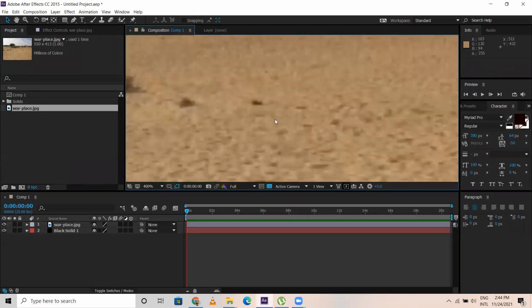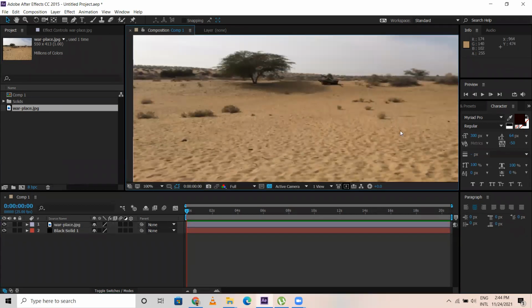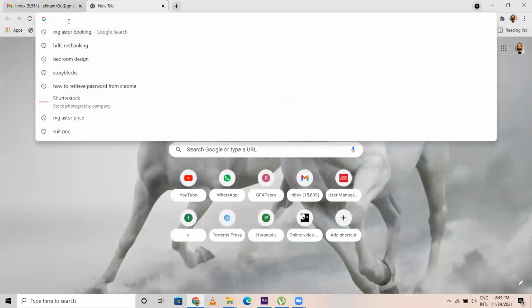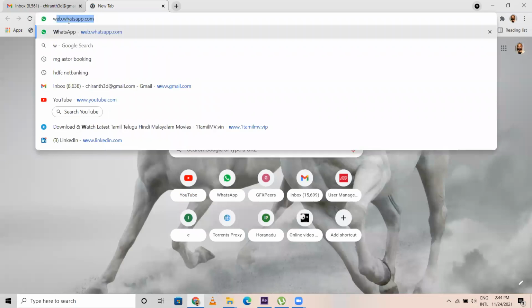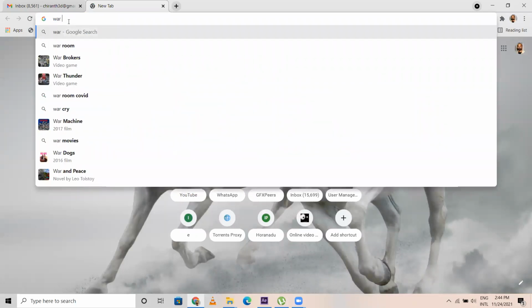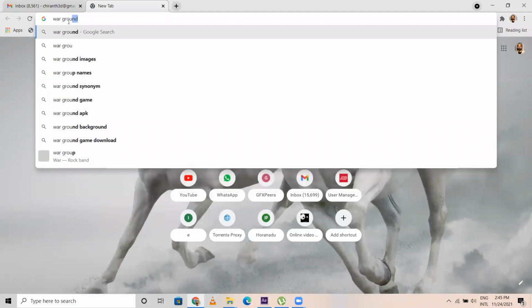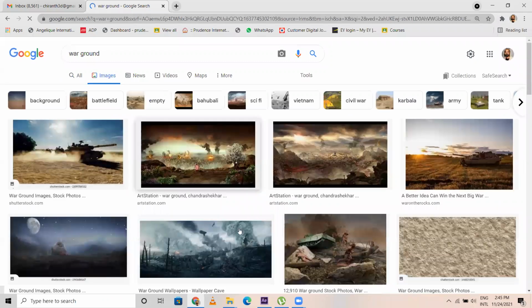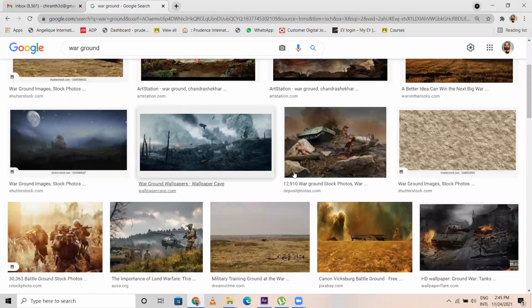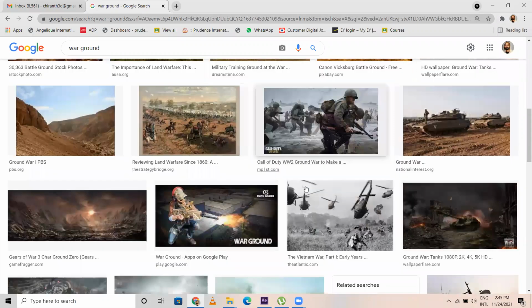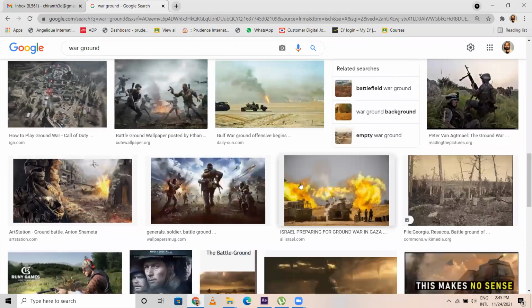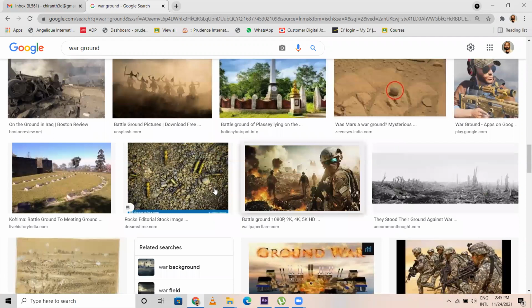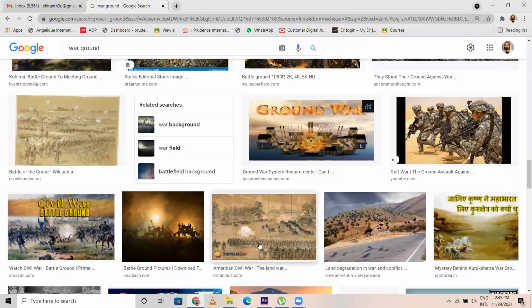Is it looking good? No, the quality is not that great. So let me pick foreground images. There are a lot of grounds like this. It will be something like this.